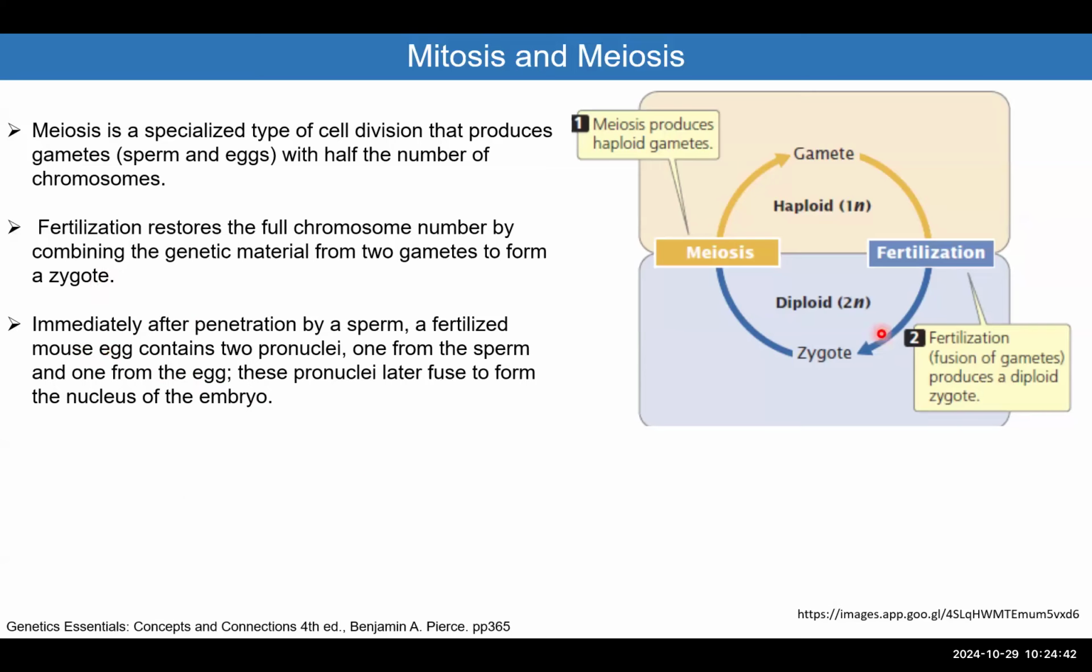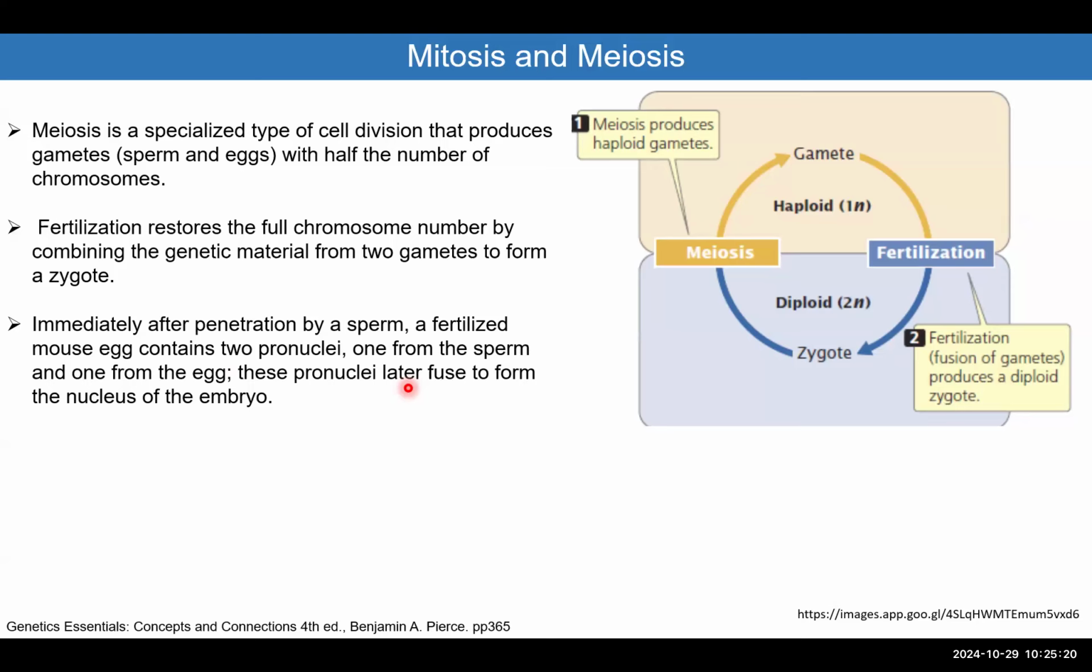Now, immediately after the penetration of a sperm into a fertilized egg in a mouse, there should be 2 pronuclei. One pronucleus comes from the sperm, and one comes from the egg. And therefore, these 2 pronuclei at a certain point have to fuse to form the zygote nucleus, which will eventually grow